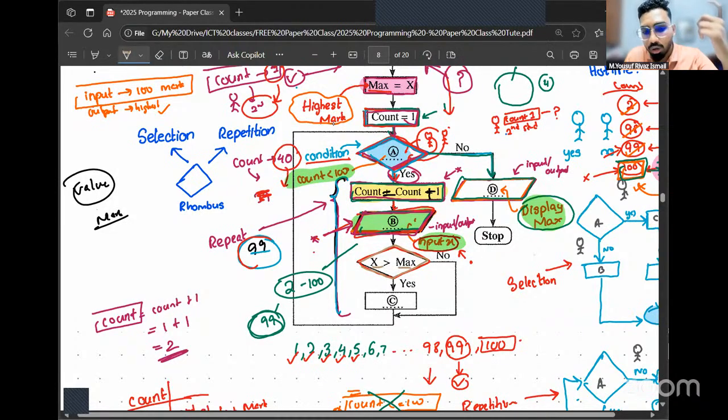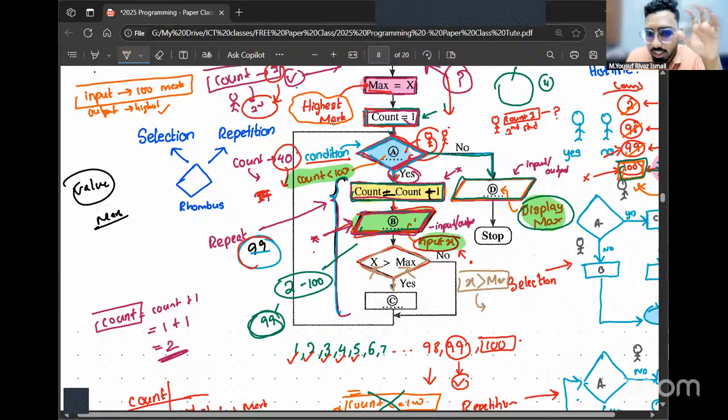Like, for example, you're going to go and check, the number sir gave, is it greater than the largest number? If the number I gave was larger, if that condition was yes, you went and updated the maximum value, right? Similarly, here we're going to check, x is the number entered, the marks entered. If the marks entered were greater than the currently existing highest marks, if this was a yes, then whose value should you update?